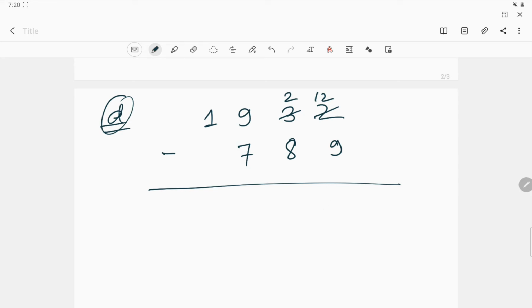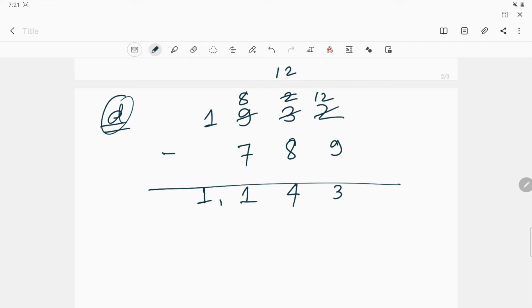So 12 minus 9 is 3. In the tens place, 2 is less than 8, so you have to borrow 100. So cut down and write down 12 and cut down, it will be 8. So 12 minus 8 will be 4. 8 minus 7 will be 1, and it will be 1. So the answer will be